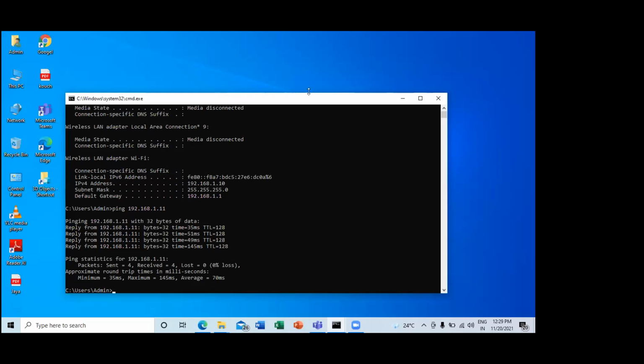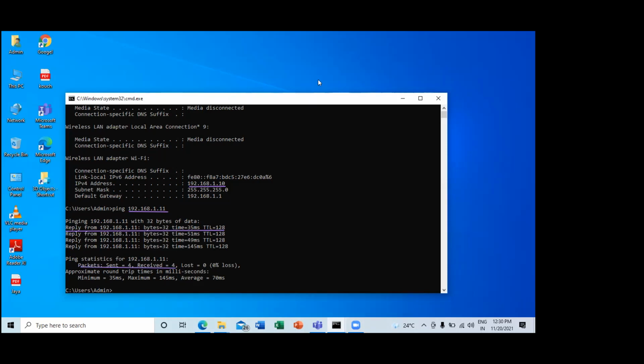Right. So this is the IP address of this machine, whatever we are seeing. And she has another computer which has the IP address 192.168.1.11. You can use the ping command to see if both these computers are able to communicate with each other or not. When she used the ping command, she got a reply from the other machine. Clear, guys? And you'll see this message: packets sent, received.